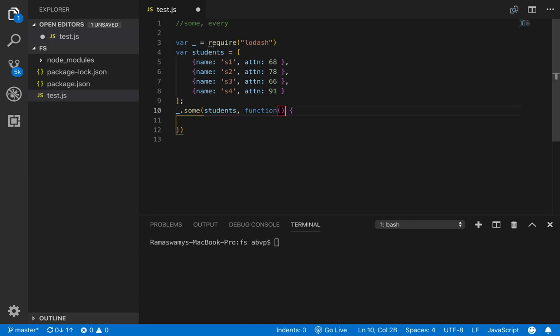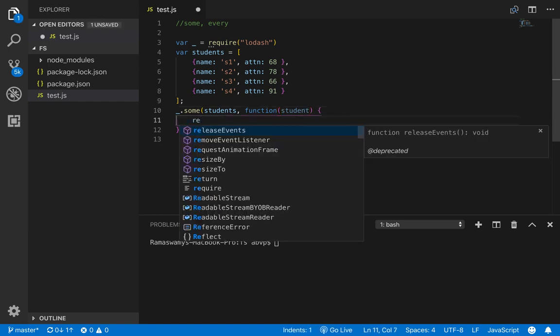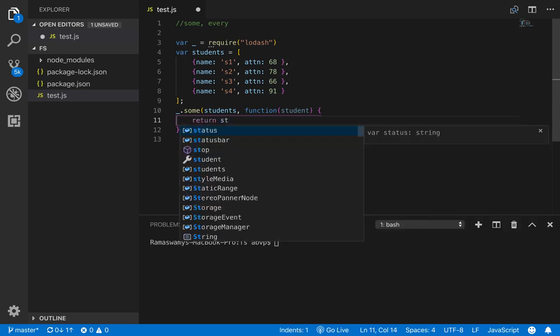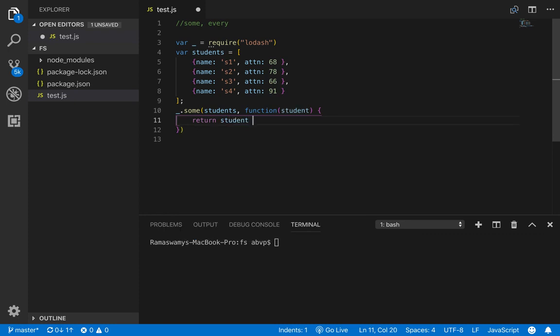So let this function take in an argument. Let us call it student, and within the function let us do a return student dot attendance greater than 65.